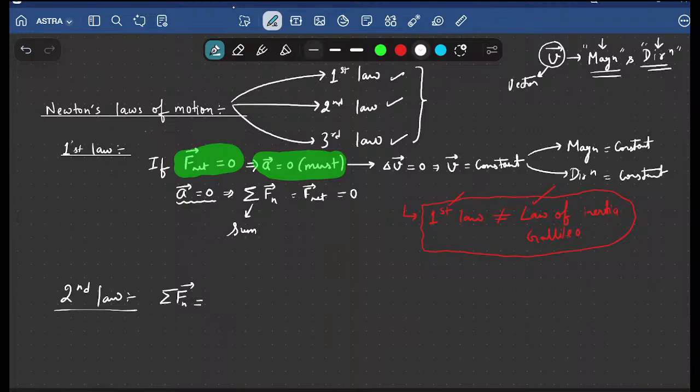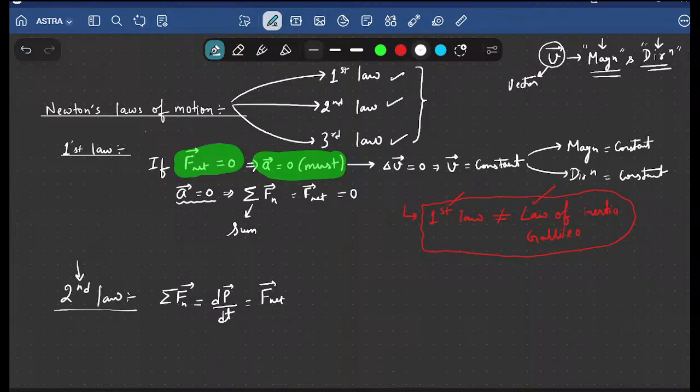Don't worry. So what I'm telling you, the sum of all the forces is given by, we are discussing Newton's second law, no? So the sum of all the forces is given by the rate of change of momentum of the body. Obviously, this is the net force. This is the net instantaneous force. And if we are talking about average, then it will become delta P by delta T. Both have the same meaning.